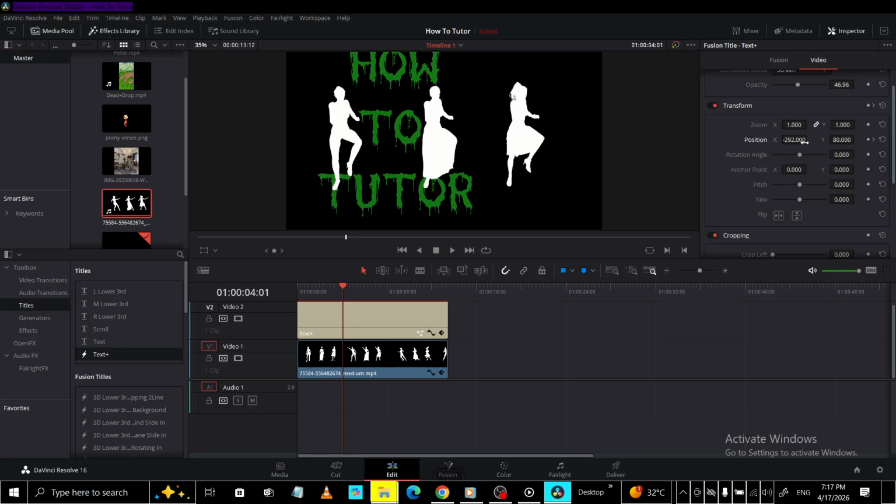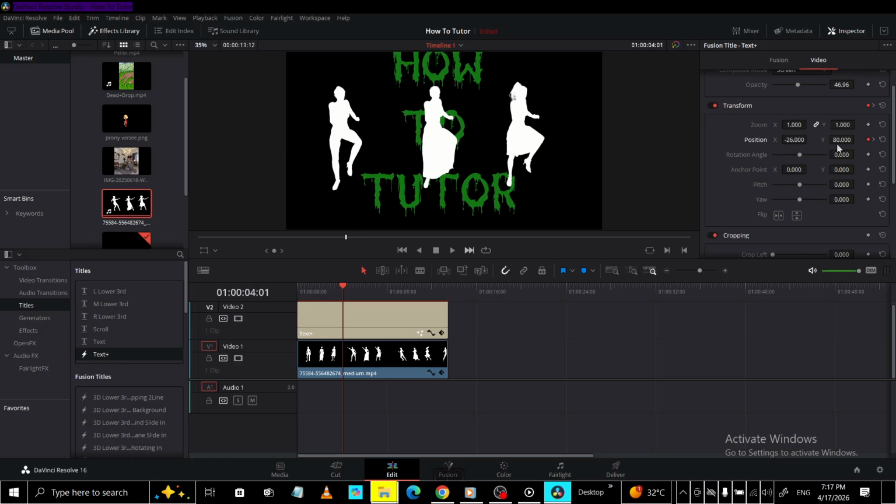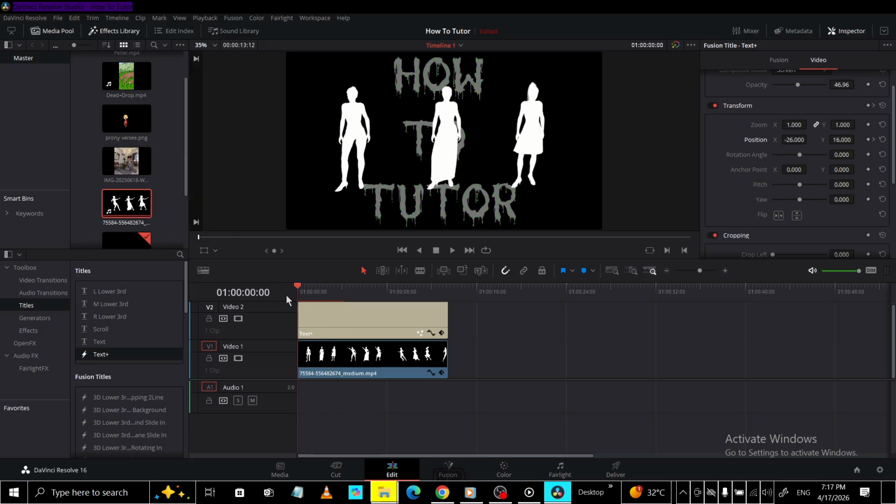As you make these changes, DaVinci Resolve automatically creates a new keyframe, capturing the end state of your animation. The software seamlessly interpolates between these two keyframes, creating a smooth transition effect. This automatic interpolation is what makes DaVinci Resolve so powerful for animations, saving you time and effort as it handles